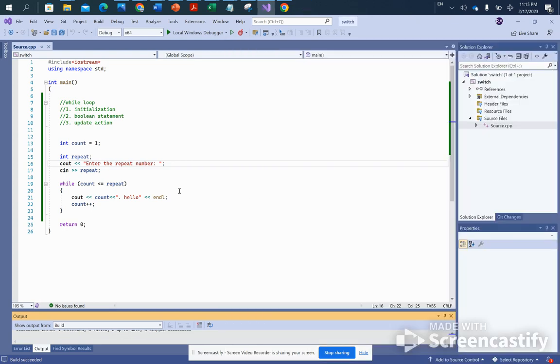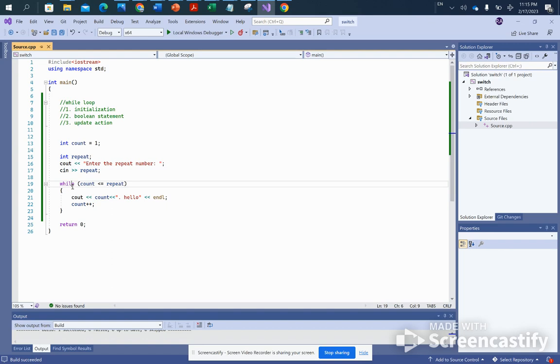So now I can also change this code so that I can design my while initialization, condition, and update action to possibly start from the repeat and then end with the value count. So I can decrement the value of count by 1 as well. So I can also design it in that different way. So how about if you make your attempt to use the same while, build the same logic, but I would like to start from the highest number, for example, from the repeat value, and decrement by 1 until you reach 1.